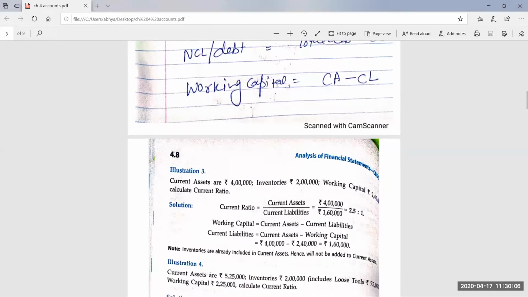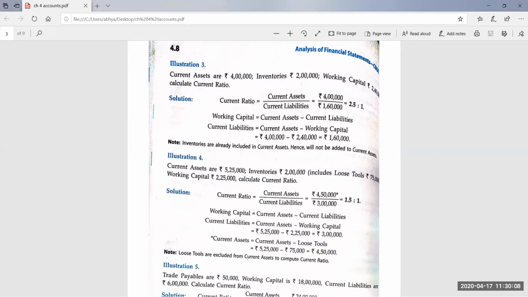Here I am showing the answer. Just tell me where you have done wrong. Current ratio, current assets upon current liabilities, which is equal to 4,50,000 upon 3 lakh. The answer is 1.5 is to 1, which is correct. Anmol has given me correct answer. And Harshita has also given me correct answer, but beta you are writing 3:2. Always write the ratios in lowest form. 3:2 is equal to 1.5:1. So what mistake you have done?